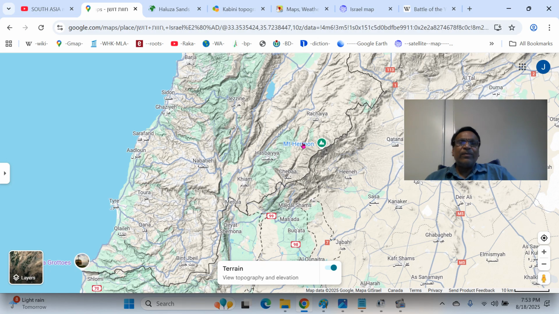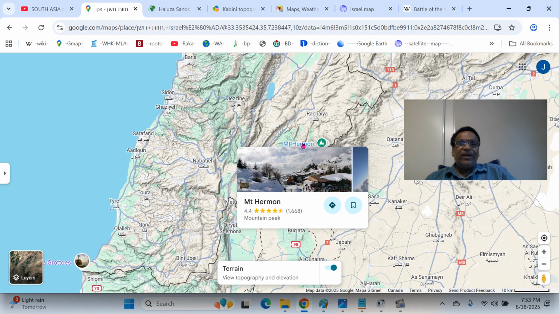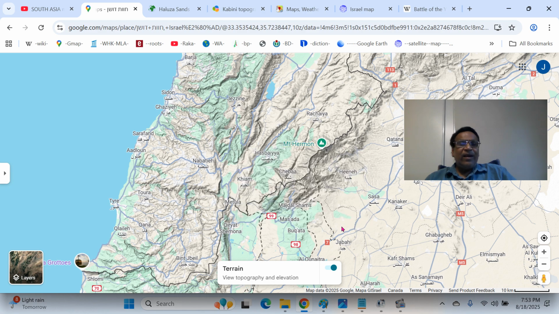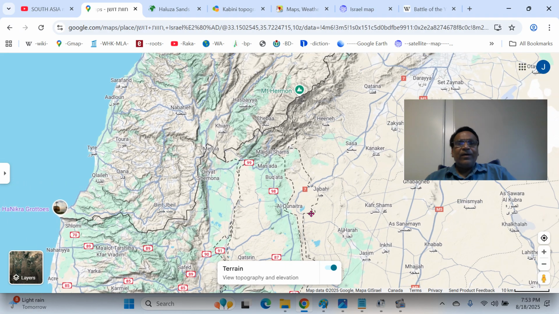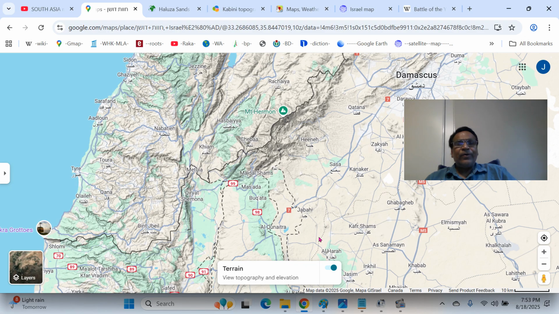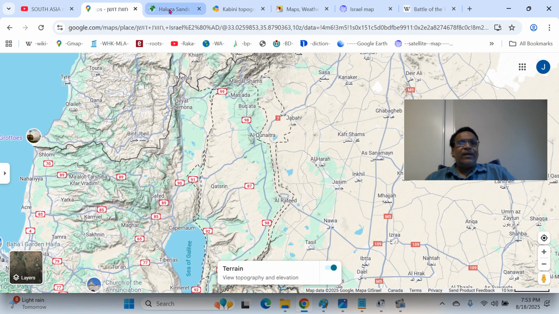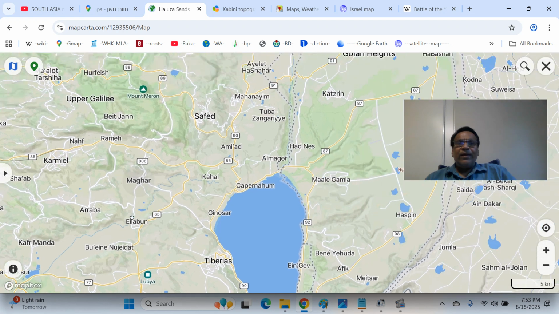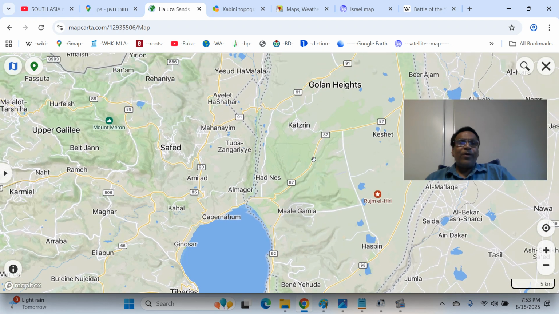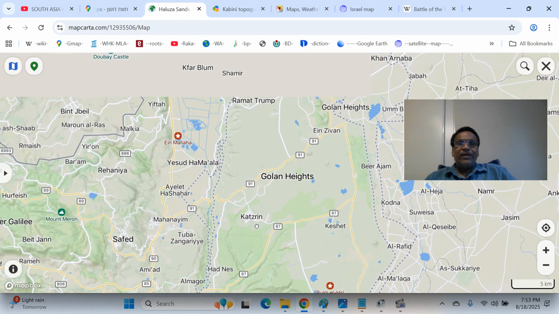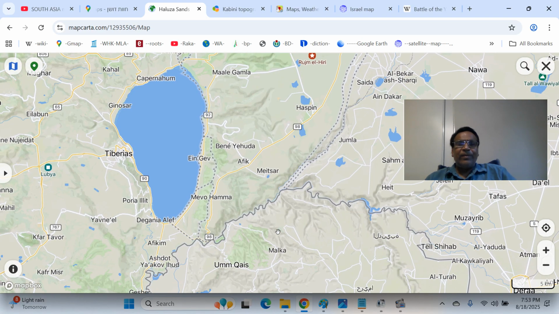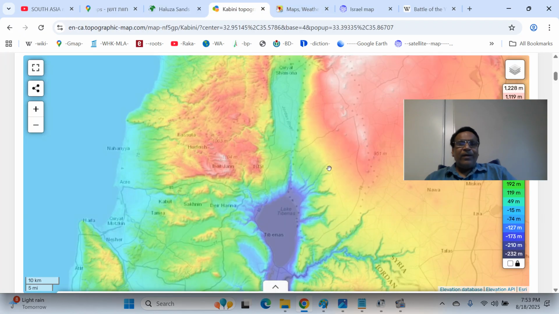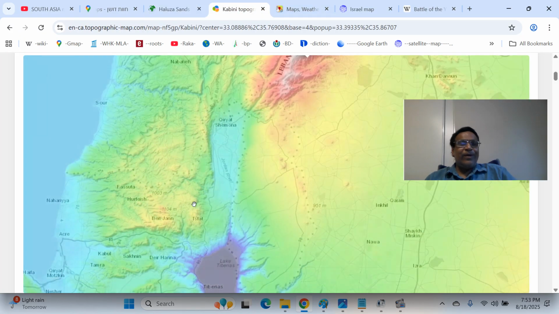You can see the Mount Hermon there, and very high mountains in this region, and that's different from Mount Meron. That is within the geographical boundaries of this region, Upper Galilee. That is called. So that's the one, and we'll see the Galilee region and Golan Heights here. The Rukad river is a tributary of the Yarmouk River. And here I am trying to show that region, this is the Upper Galilee region.